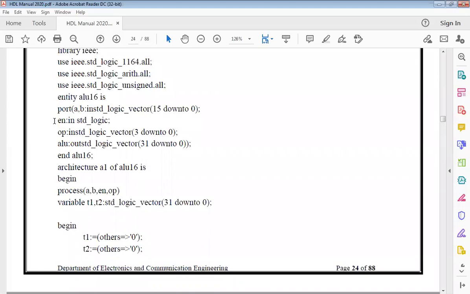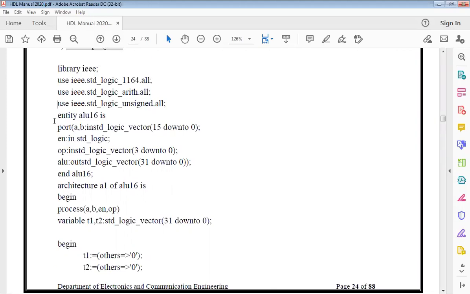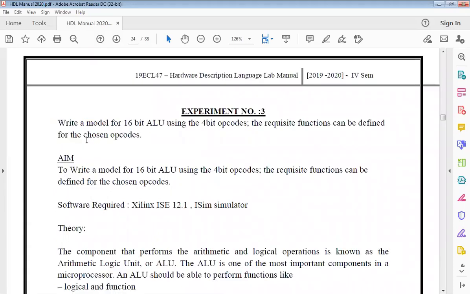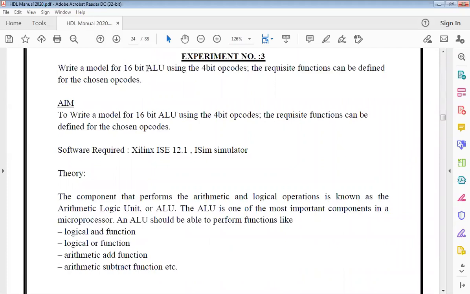As you all know, your VHDL program consists of entity and architecture. I think by now you all know the template of that. So the entity name that I'm going to give is ALU16, so that I match up to the question which is given, a 16-bit ALU, so that I wouldn't have any confusion.